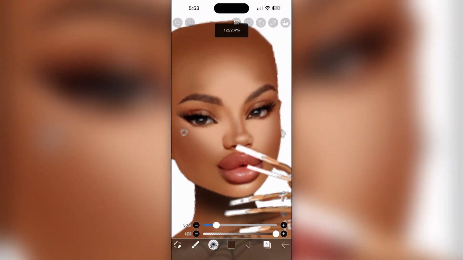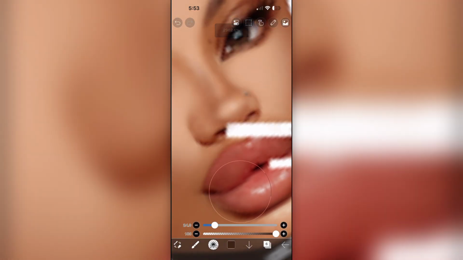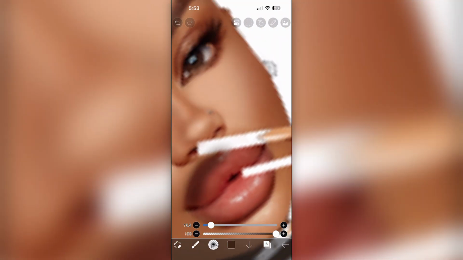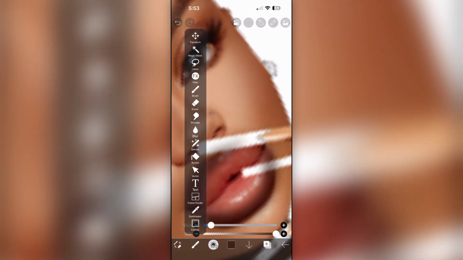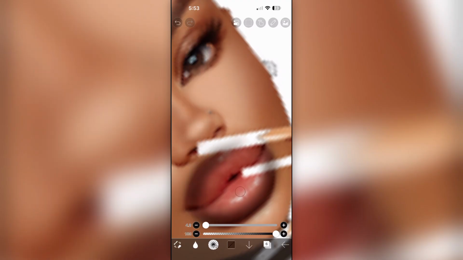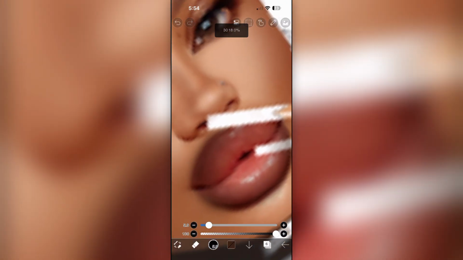So once I got the skin how I want it, I'm gonna move on to the lips. I basically just did a layer of multiply, clip down to the body layer, and I use a dark brown. I think I grabbed this from her nose, and I'm just blurring it out with the blur tool, and then I'm erasing it from the edges and the nails. And then after this, I'm gonna add a